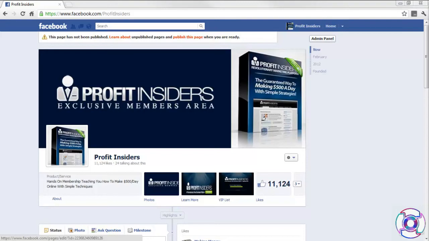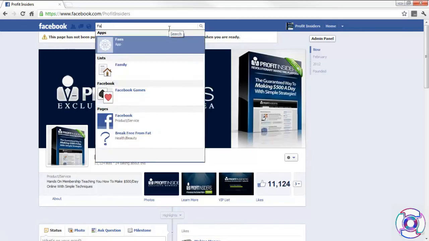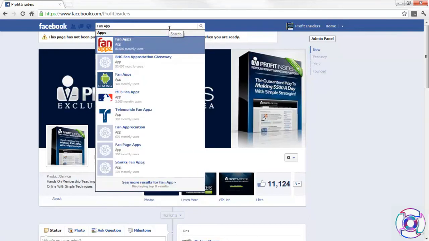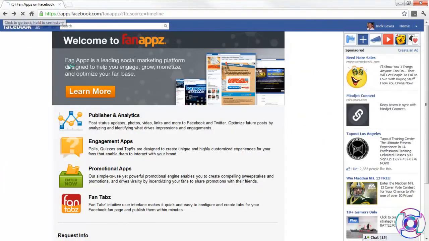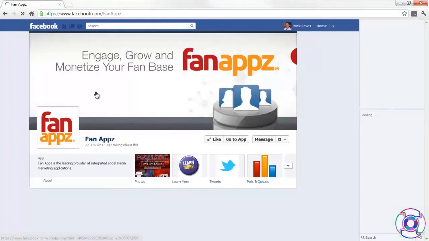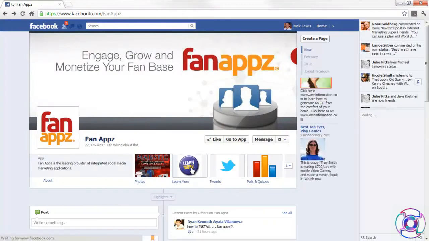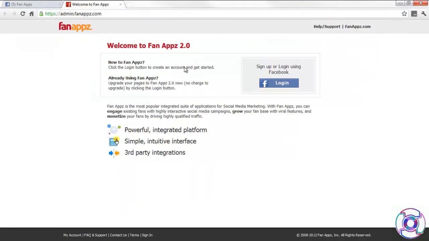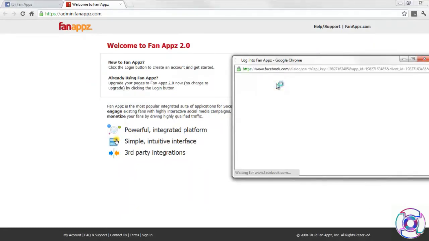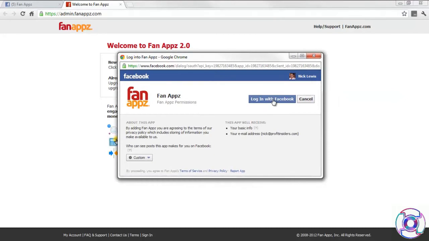So the first app that you'll want to download is the Fan Apps with a Z from Facebook. So you just come up here to your search bar from your page, type in Fan APZ, and here you go. 80,000 monthly users. Click on this. Continue on. From here, just click Learn More. Then click on Learn More here and log in. Here you can basically create your account just by logging in right here. Log in with Facebook